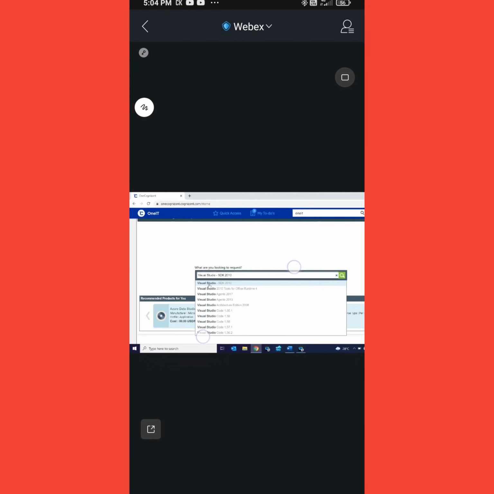If self installation is possible, then we can install automatically. If not, the IT team needs the credentials to install each and every software. They will come into contact with us and they will install. There is no need to worry. And this is the thing.